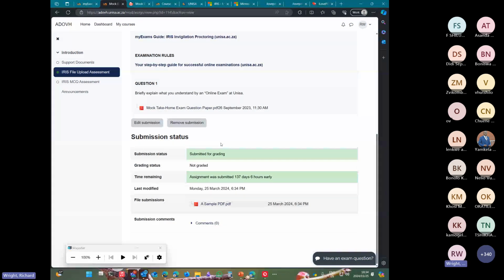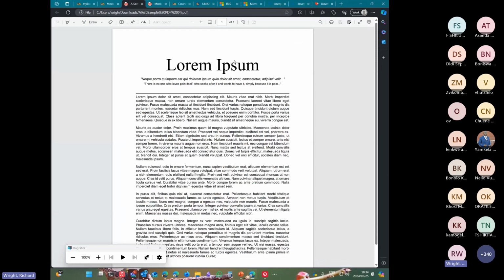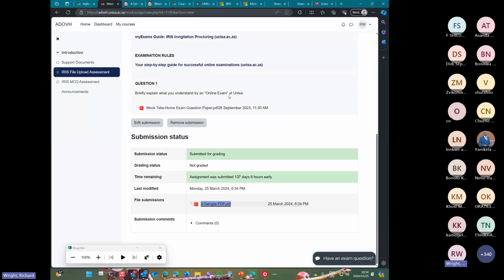And then what I do advise as well, once you submit it, click on the PDF that's listed here. Open it up to make sure you've submitted the correct document. A lot of times, when you're getting close to the submission deadline, you accidentally select a file that's more or less the same name, such as your tutorial letter, and then that's the one that's being submitted. So once you submit it, click on the link provided here at the bottom to make sure that it's the correct file and it doesn't have any password protection